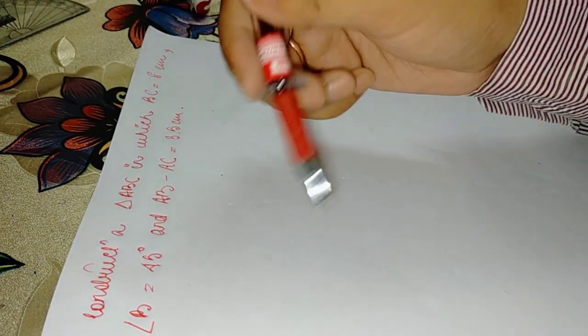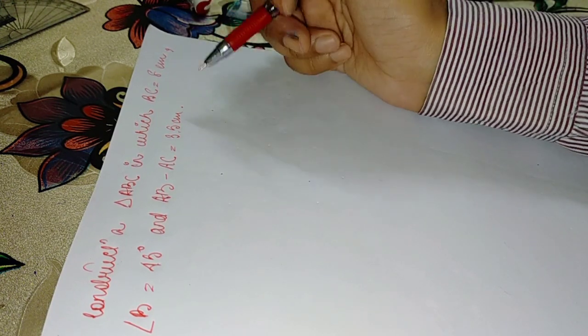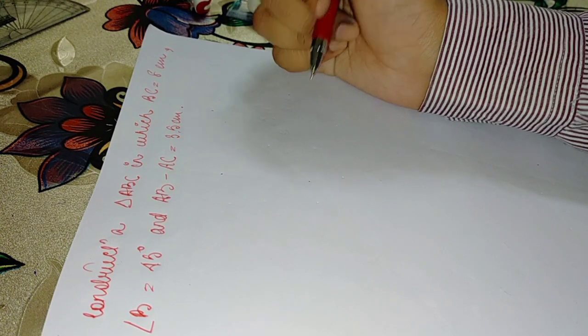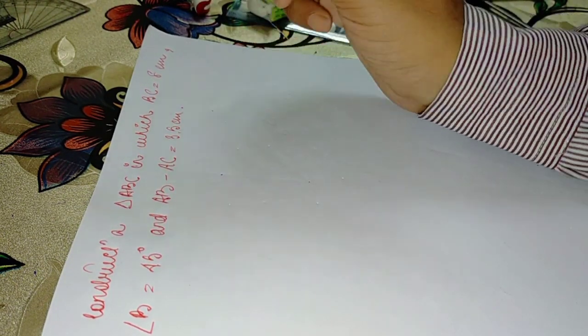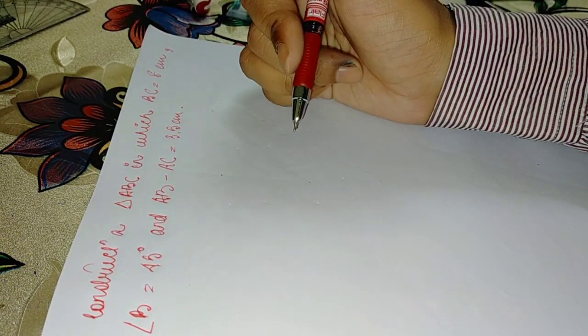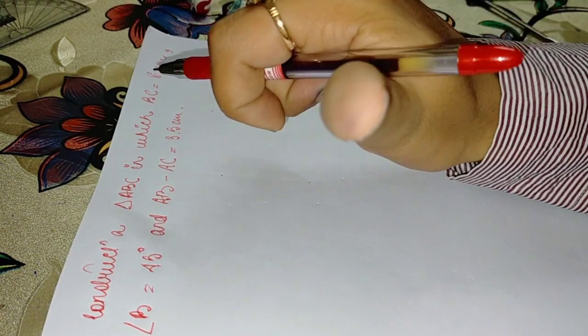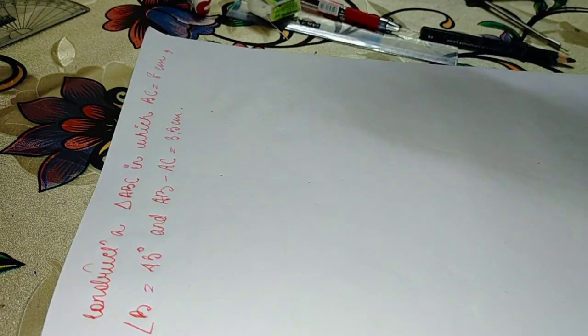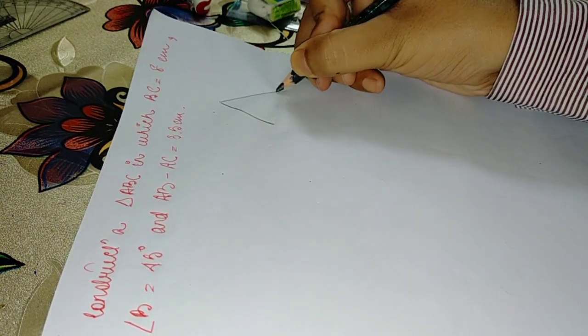Now in our previous question, what we have seen is that we have to construct a triangle where one of the sides is provided, one angle is provided, and the sum of the other two sides was given. But in this particular question, the difference of the other two sides is given. So how to do it? Before doing the actual diagram, what is our first task? Our first task is to draw a rough diagram. Okay, so let me draw a rough diagram first.